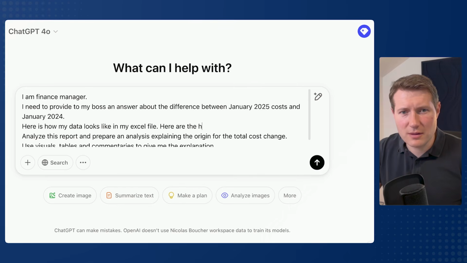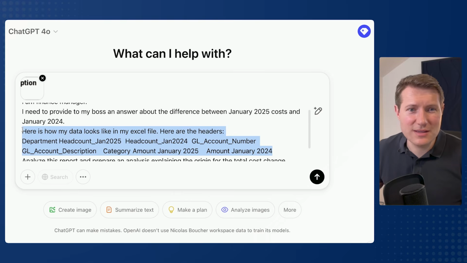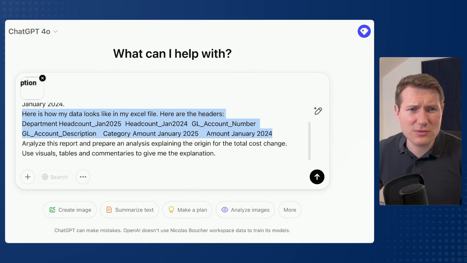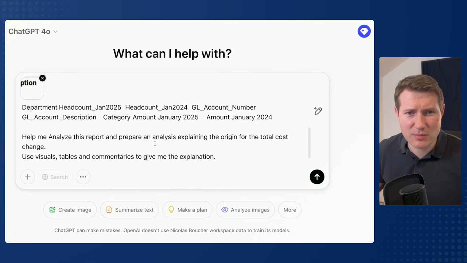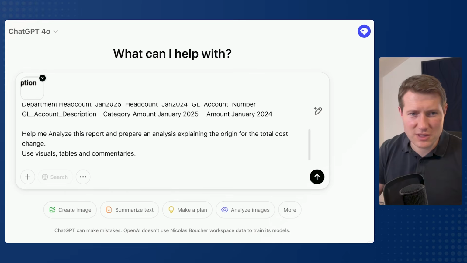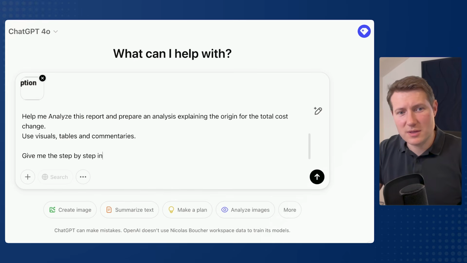Here are the headers. So you see that I just added, here's how my data looks in my Excel file, here are the headers. And I'm not going to say to analyze it, but going to say, help me analyze this report and prepare an analysis. Here, I just need to delete this to not confuse ChatGPT and say, give me the step-by-step instructions